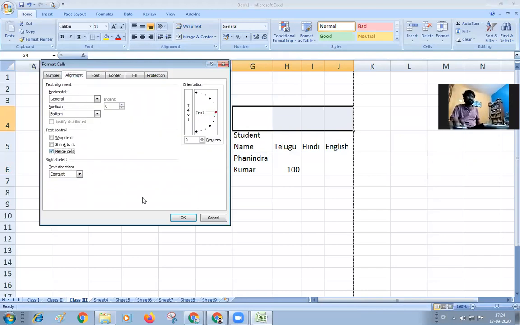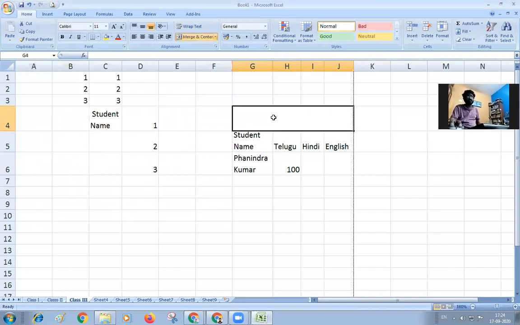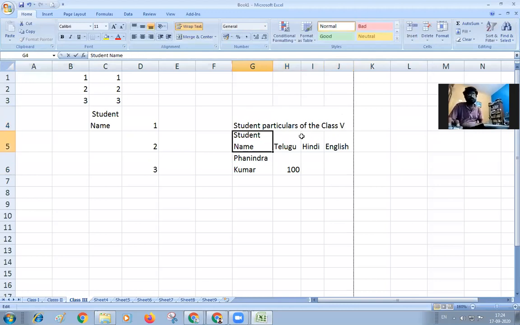Merge cells, and click on OK. Then you can see the cells are merged over here, and you can write the student particulars of class 5.